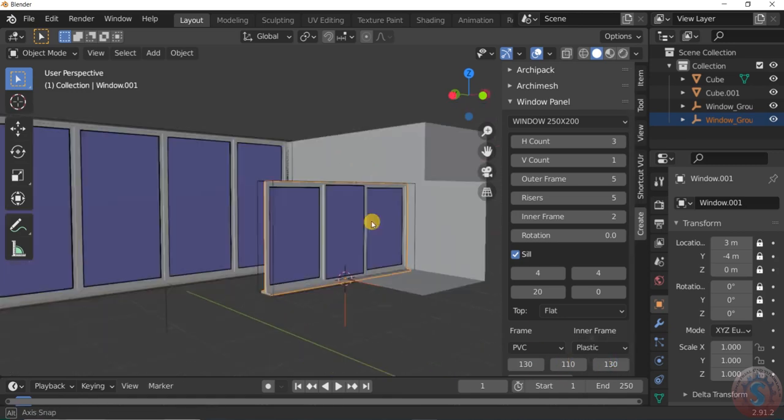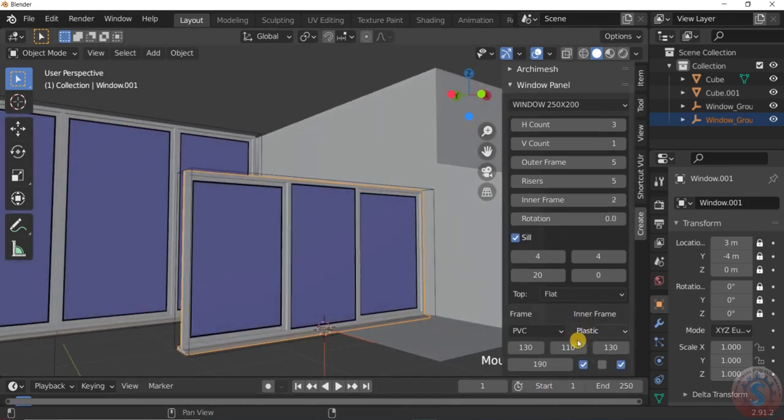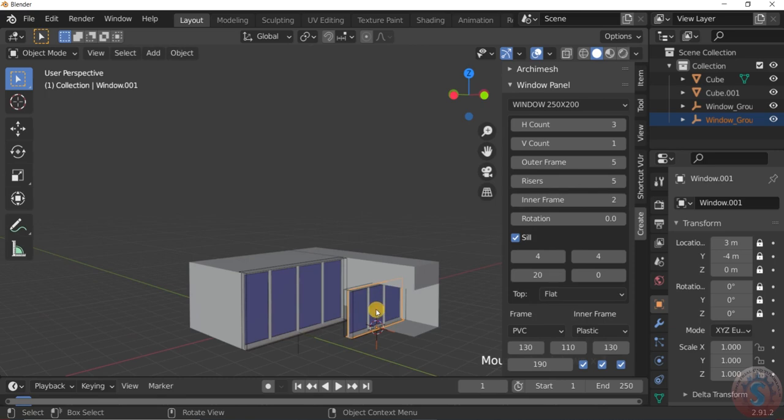See, after increasing this, it is again rotated. You want to fix these windows, and below keep all the tick marks here, and keep the height as 190 only.